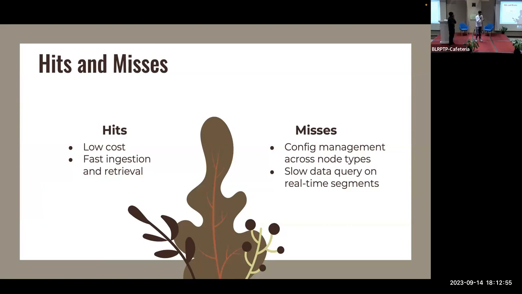Misses have been with deployment management. Because you have different node types, you have different configurations that need to go into each node type, and managing that ourselves has been a bit difficult, because each change needs to happen in all the node types. This is a really big pain point for us, especially because NRT is,